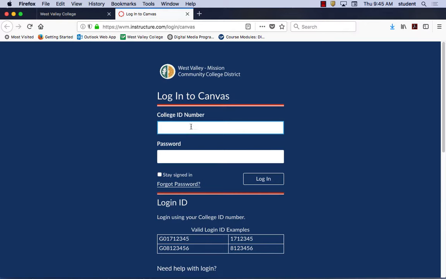Today I really want to talk about Canvas a little bit. We're going to briefly talk about the reading in there, and then we'll talk about your